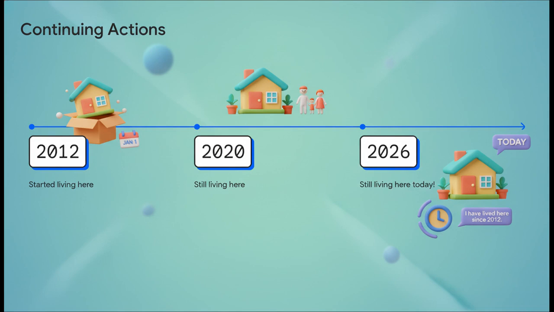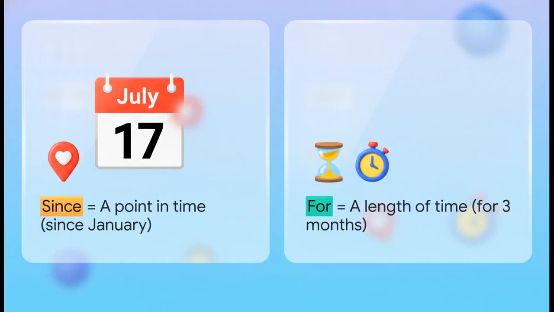Imagine you moved into a brand new house in the year 2012. You still lived in that same house in 2020. And look at that, you still live there today, right now in 2026. In English, you would say, "I have lived here since 2012." The action started in the past, but it isn't finished. It continues today. When we talk about this kind of continuing time, we use two very important words, since and